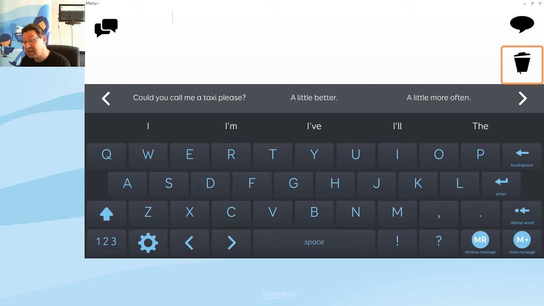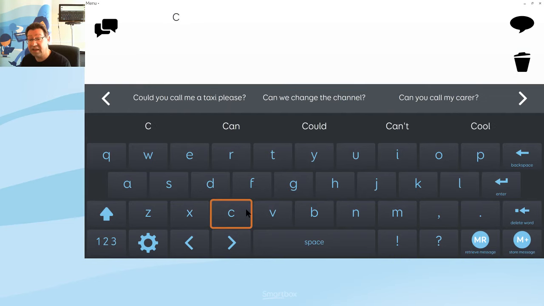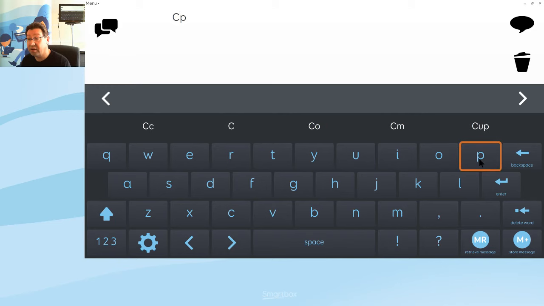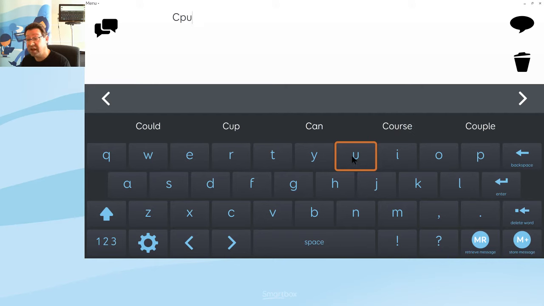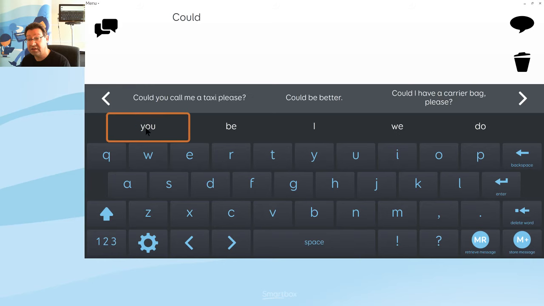So I'm going to type the sentence now, "Could you let me finish?" But I'm going to deliberately include a couple of typing errors. So could, I'm going to start with C, and then I'm going to hit P instead of the O, but I'm just going to carry on. And you can see that even though I've misspelt slightly, the prediction still works. Could you